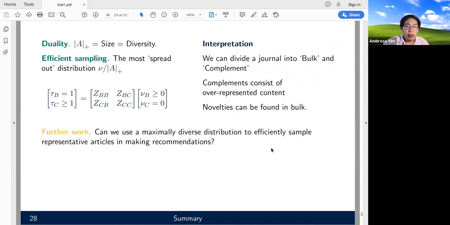So, Andrew was asking me, can you look at this from a recommender's point of view, because there might be someone in the audience who might be interested. I don't know how the backend of Elsevier recommendations works, but I suppose it's something like this. You have some user profile and you analyze it and you identify some set of articles that are closest to the research interests you identify in this profile.